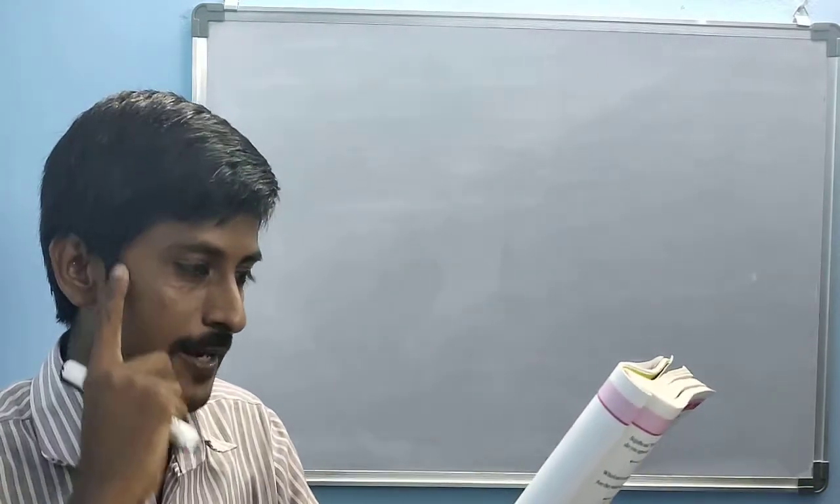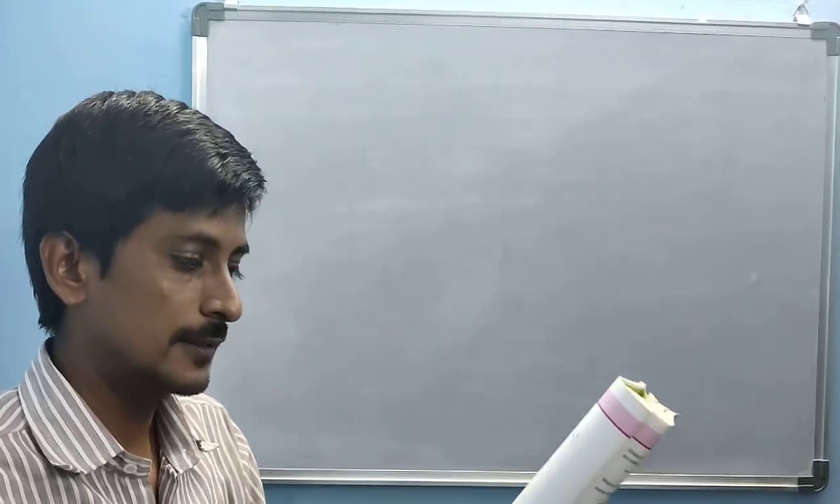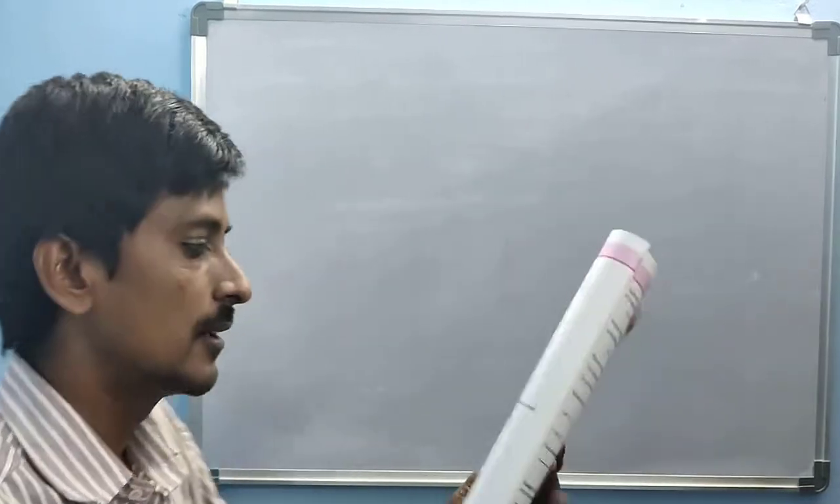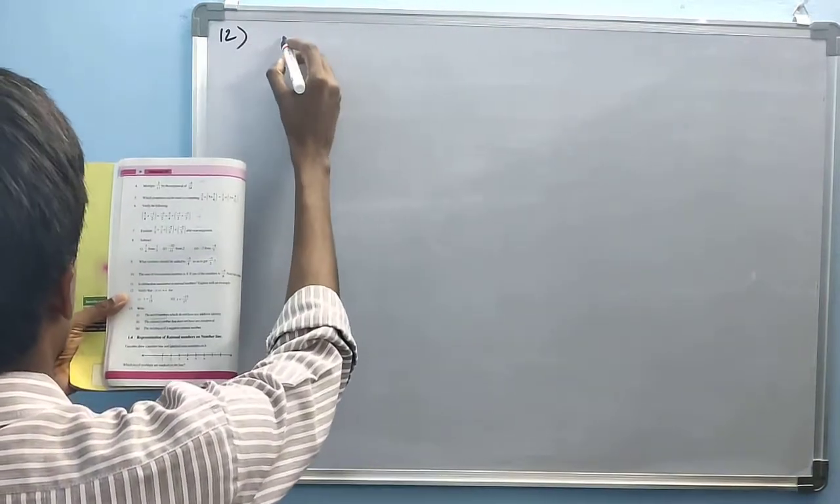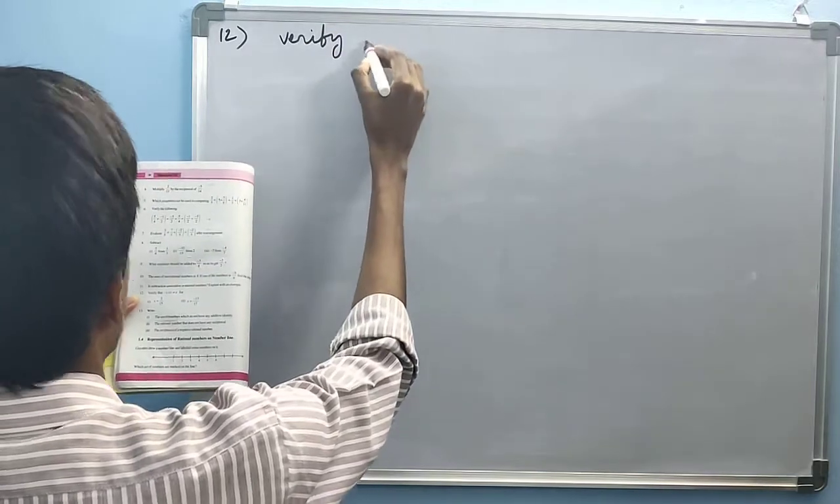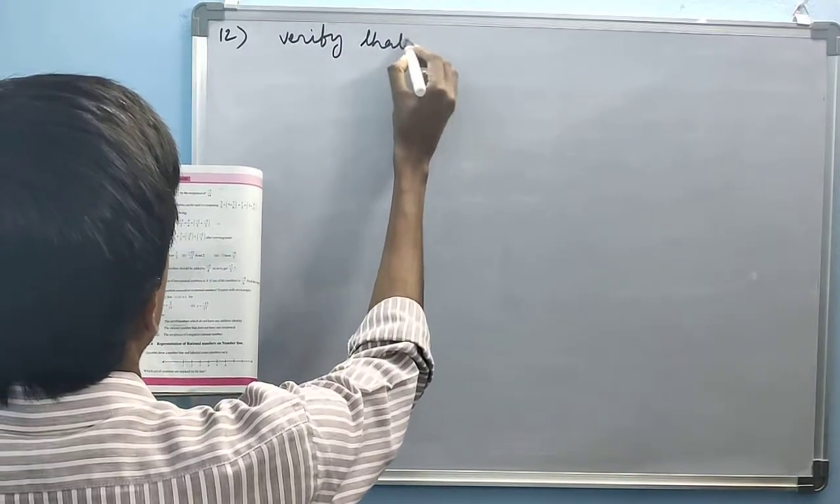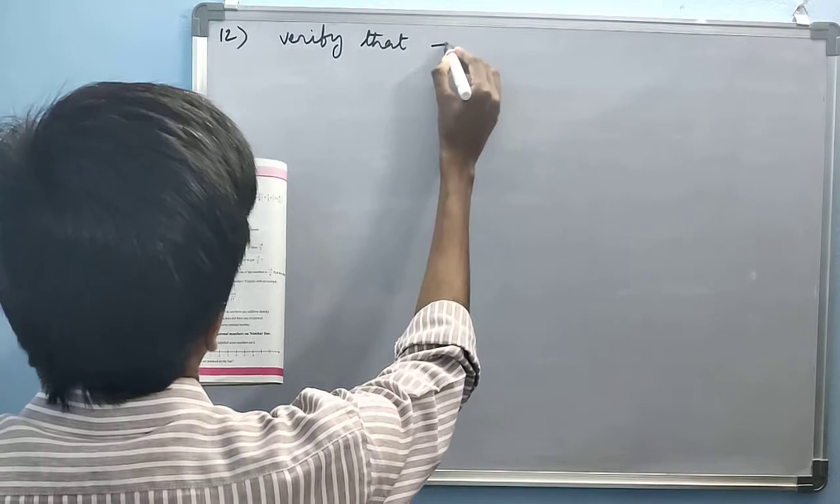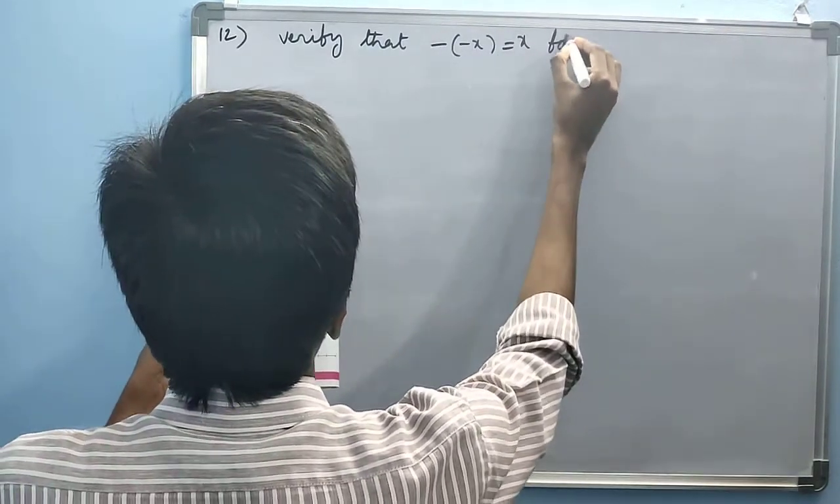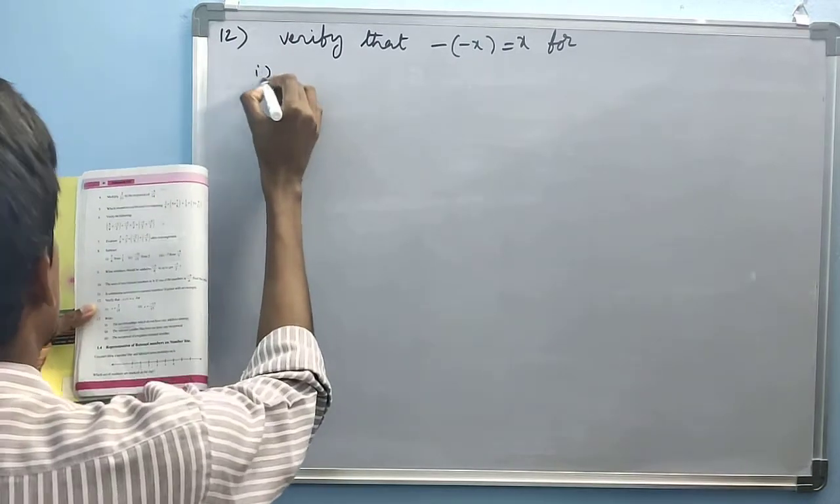Today I am going to explain exercise 1.1, 12th sum. Yesterday I already completed the 11th sum. What is the 12th sum? Verify that minus of minus x equals x. For the first one,